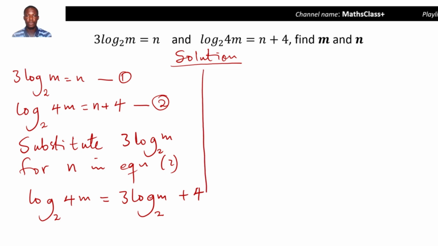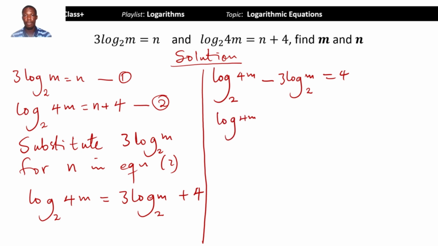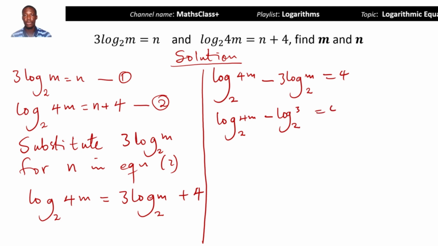If I continue, I'm going to have log 4m base 2 minus 3 log m base 2 is equal to 4. And here I will rewrite as log 4m base 2 minus log m to the power 3 base 2 is equal to 4. This I can simplify as